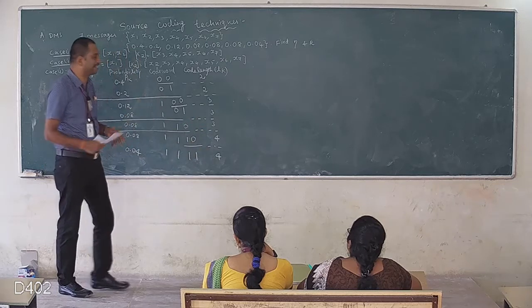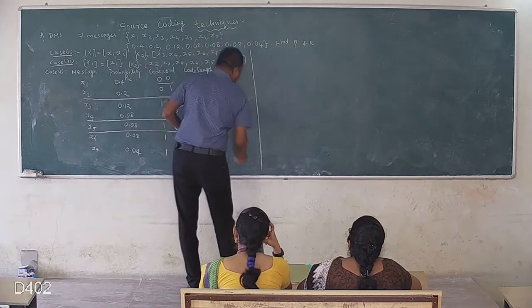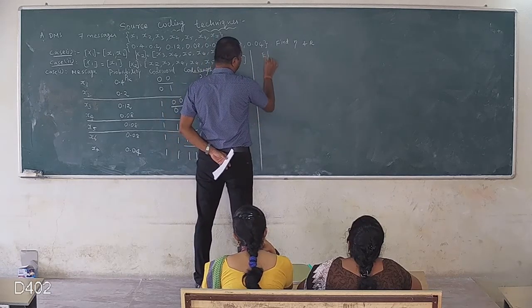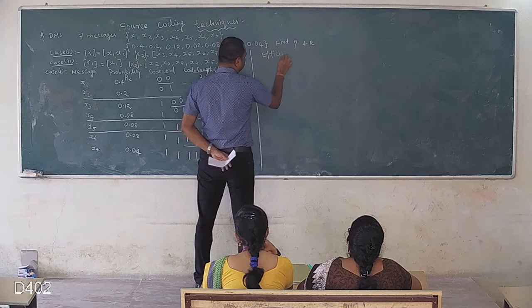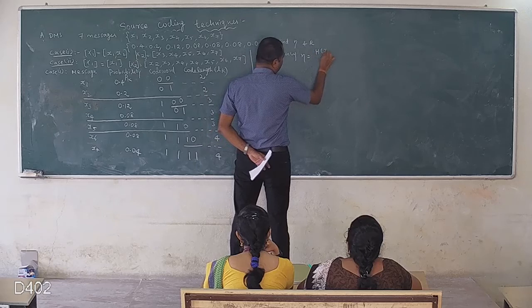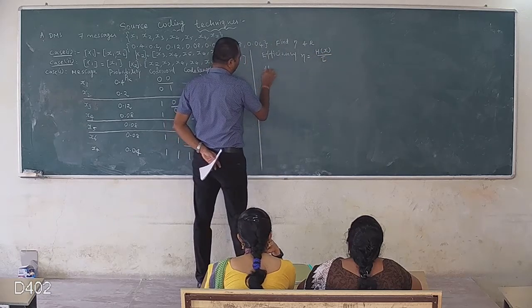That is the way we make it effective in terms of efficiency. Now let us find the efficiency and redundancy. As we calculated early, efficiency eta is equal to H of x by L bar, where H of x is nothing but the entropy of the source. H of x is given by the formula